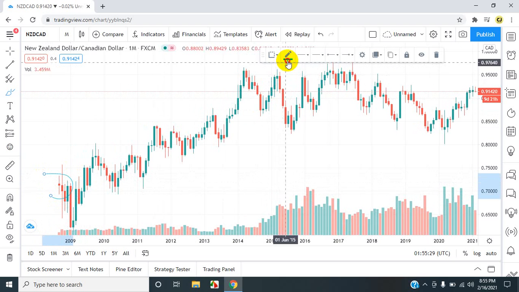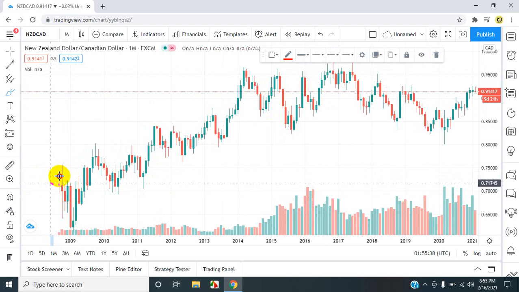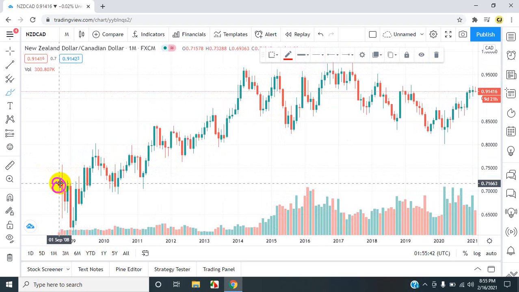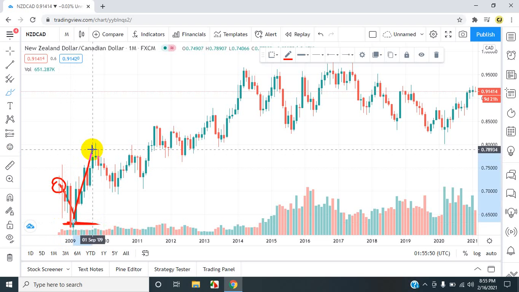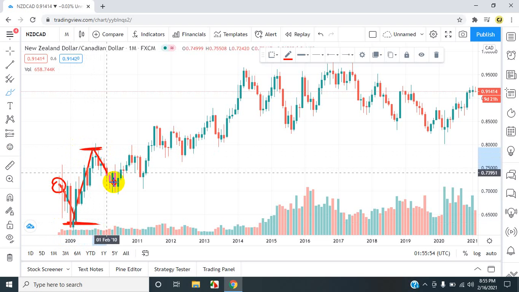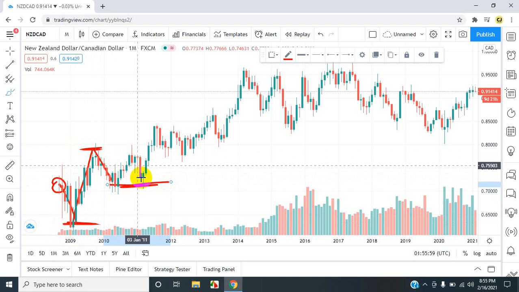So the first thing we have going on in the market is this. Price started off here, price pushed down, it created an area of support, price pushed up, it created that area of resistance, price pushed back down, created another area of support, price pushed back up, came back down to retest areas of support. From there, price pushed up,